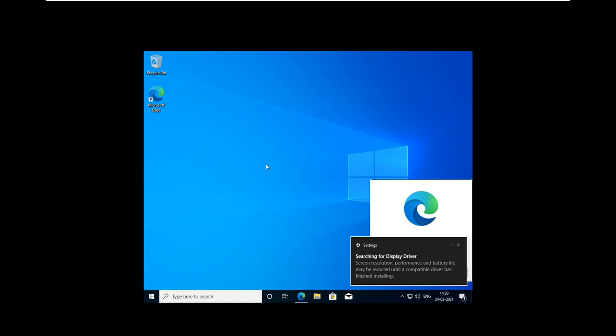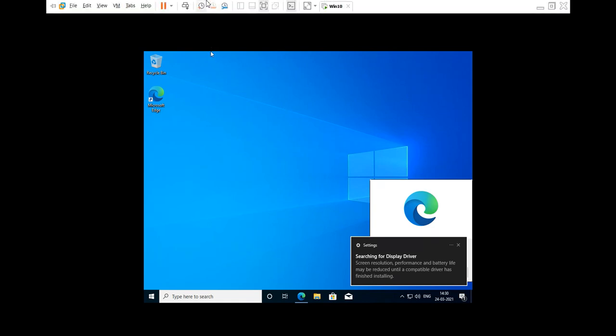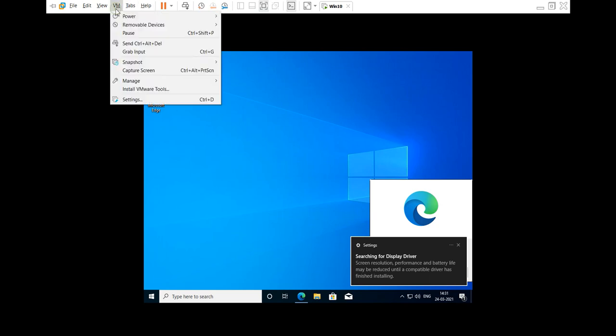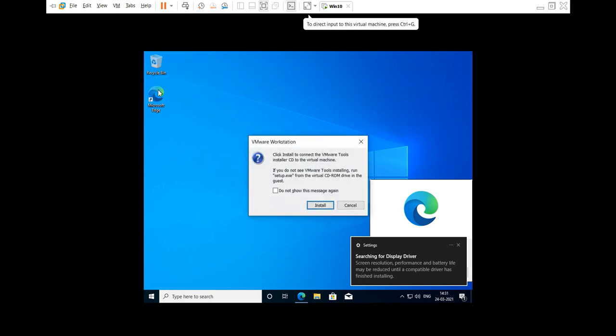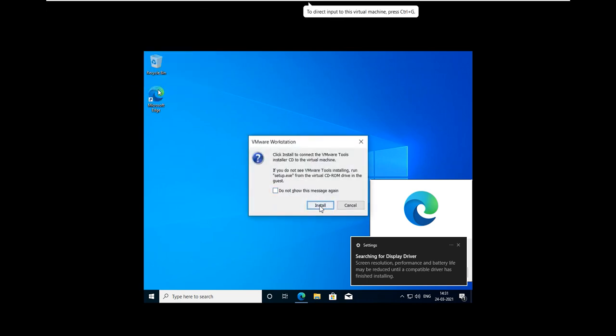So I'll go to the top of this virtual machine window and click on VM, and here I have the option to install VMware Tools. Before going ahead, I will install the VMware Tools here. When I select install, it will do what?